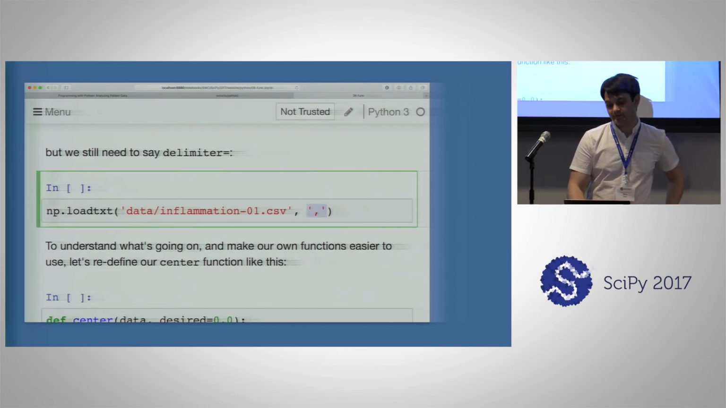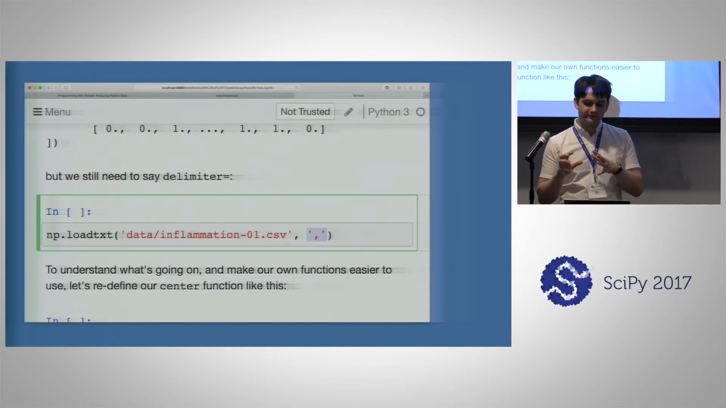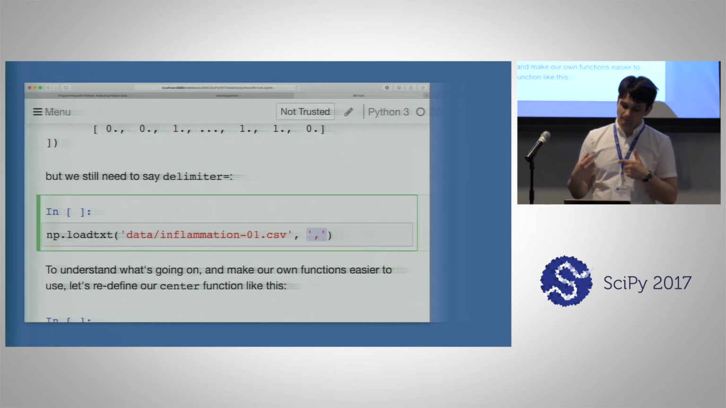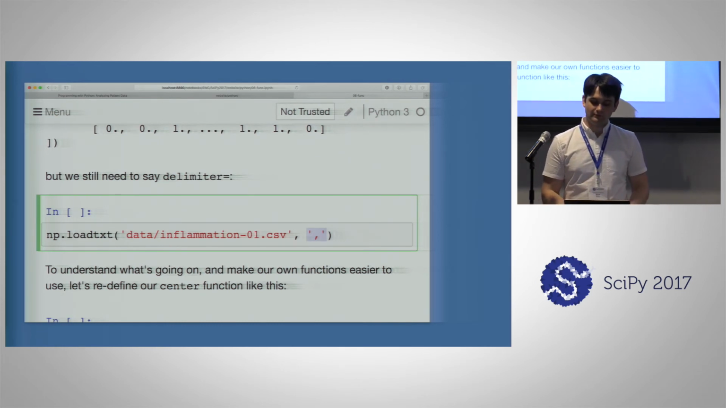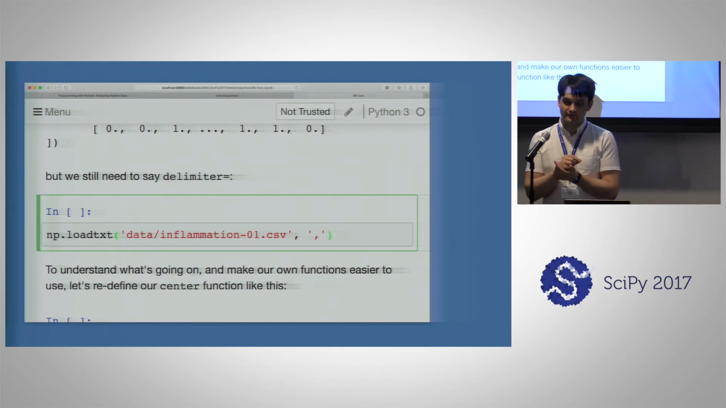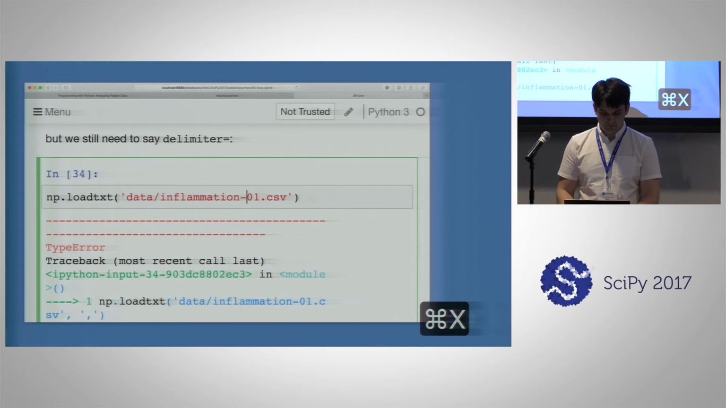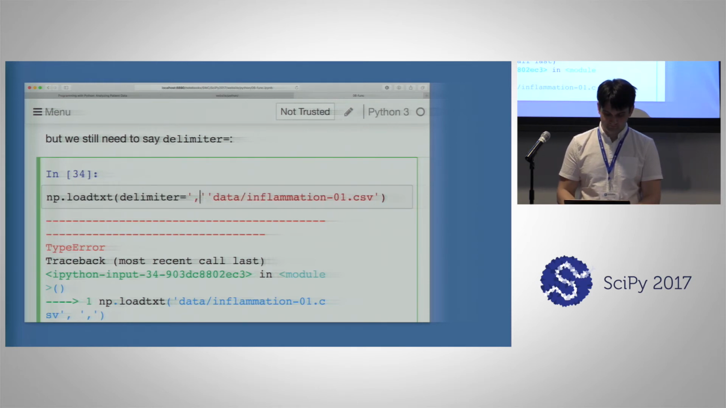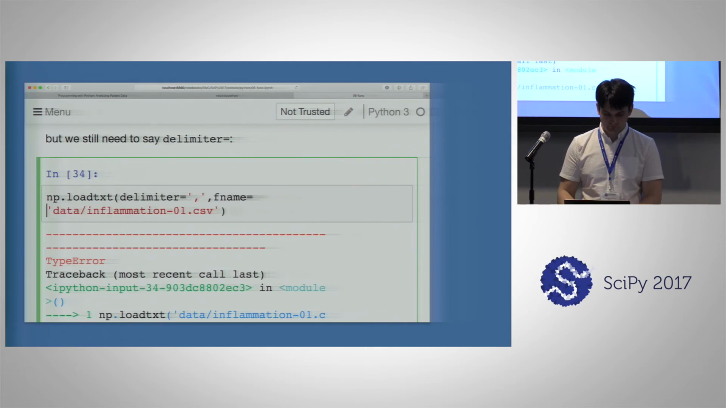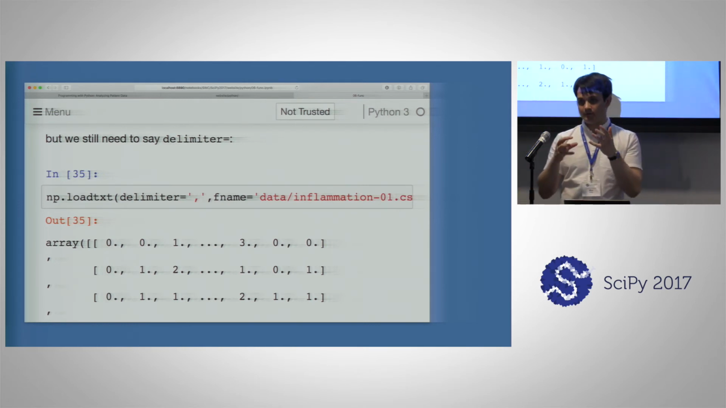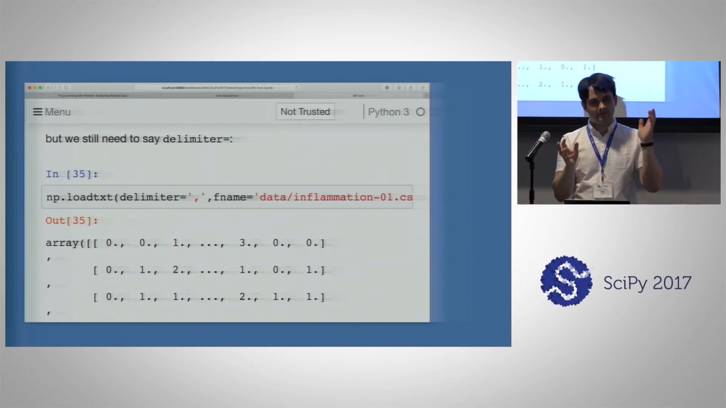So, the reason that this is so is because if we have two arguments to the function that we don't name, it will say, okay, I cannot guess which one is which, because you can have a different order of your parameters in a function. For example, it will do a type error, but you can say